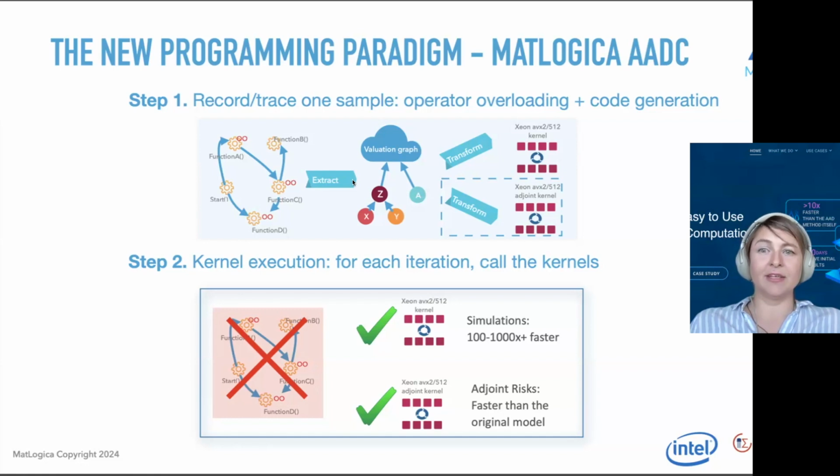So as step 2, when you are doing your Monte Carlo loop or your what-if or backtesting, instead of calling your original function, you call the kernel that is the exact replica and produces exactly the same numerical results, but is so much faster. You cannot achieve this kind of performance in any other way because it uses all the capabilities of modern CPUs to like 100%. If you were writing machine code, you could get this, but who writes quant models in machine code or assembly?